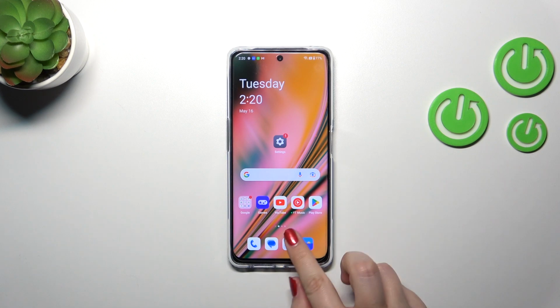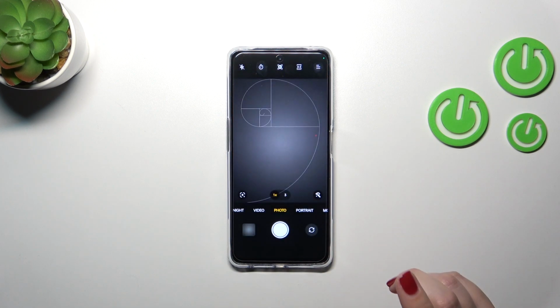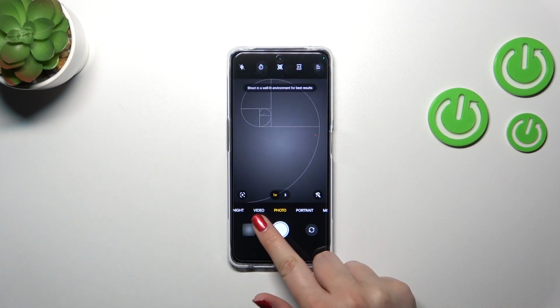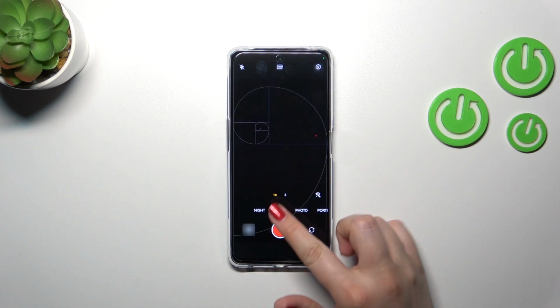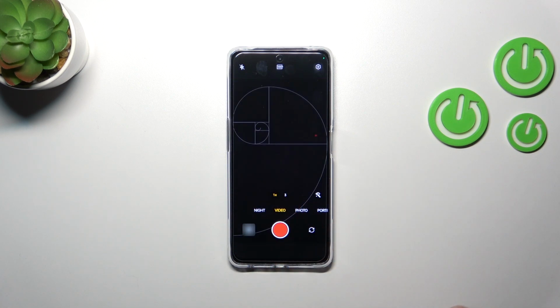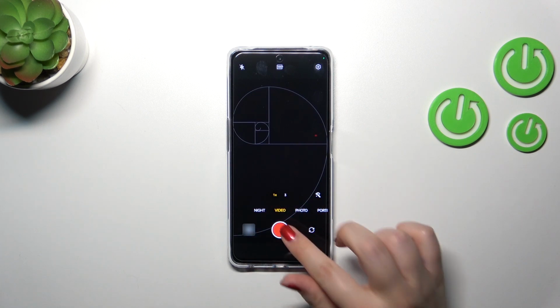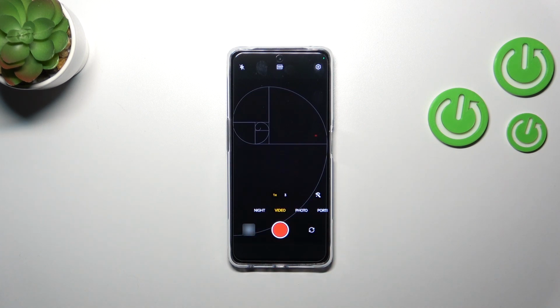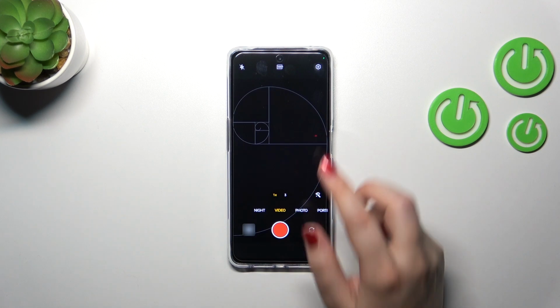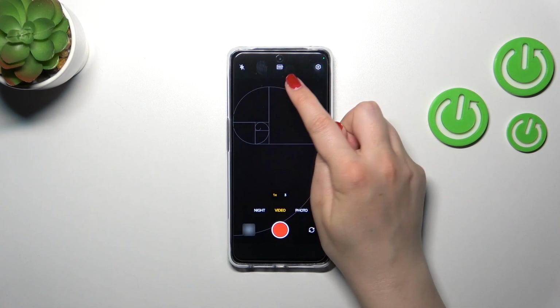So first of all, let's open the camera app, and here we have to switch to the video section, to the video mode. So let's tap on the video. If it is highlighted in, I believe it's orange, but it may seem like it is yellow, whatever. If it is highlighted and if you can see the red color inside the shutter button, for sure you're on the video mode. Now we can take a look at this option bar,